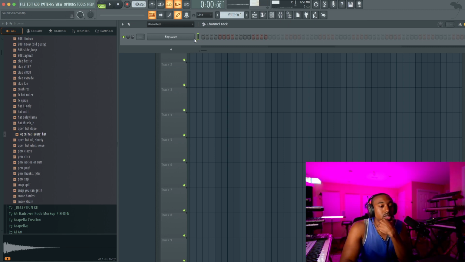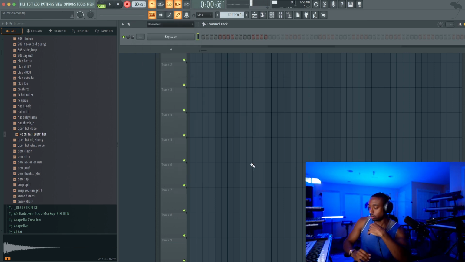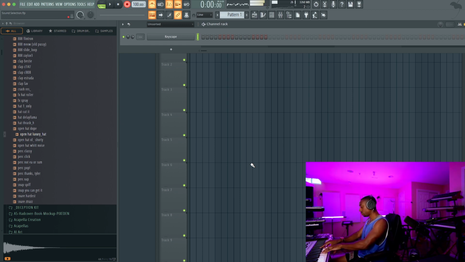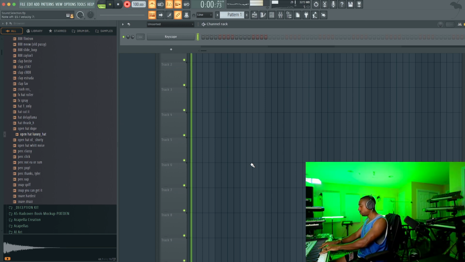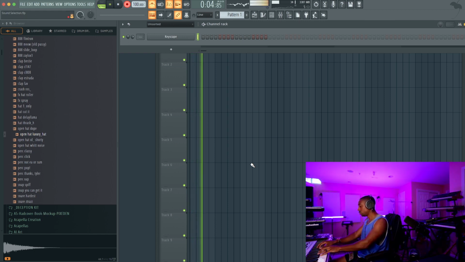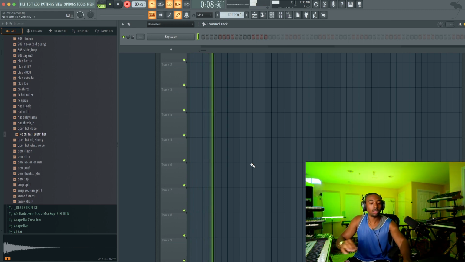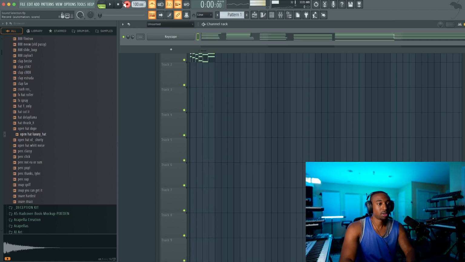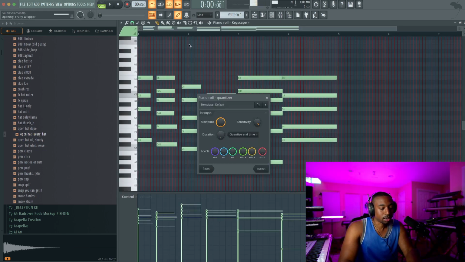Okay, so when we're starting with this, I'm going to play some pretty deep octaves. Let's do 100 BPM. I'm going to play some ninth chords. Okay, so I played pretty big chords here because what we're going to do is separate some of these notes